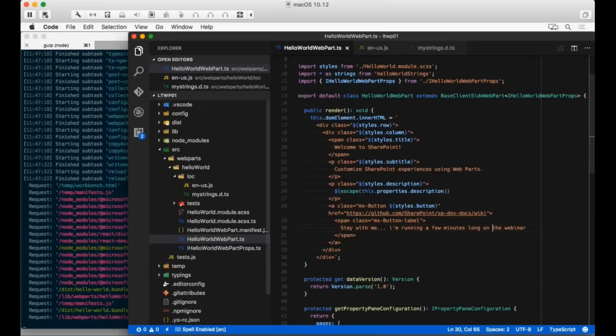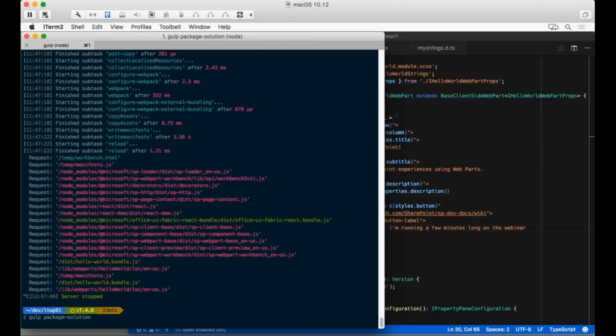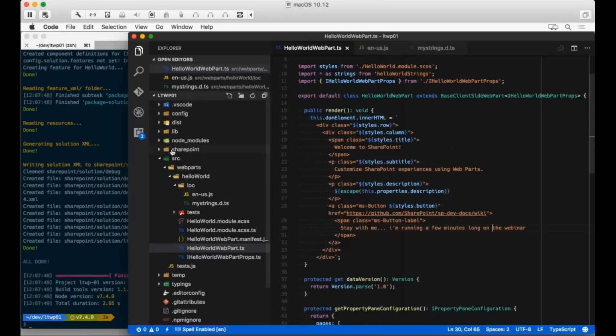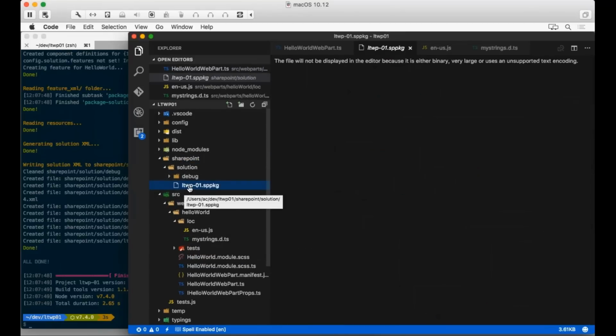If I break out of this and run gulp package-solution, that creates this file, the LTWP-01 SP package. You upload this file to your app catalog in your Office 365 tenant, then create a new app inside your site collection, and the web part becomes available for use, the same way we did with apps. So this story is exactly the same.